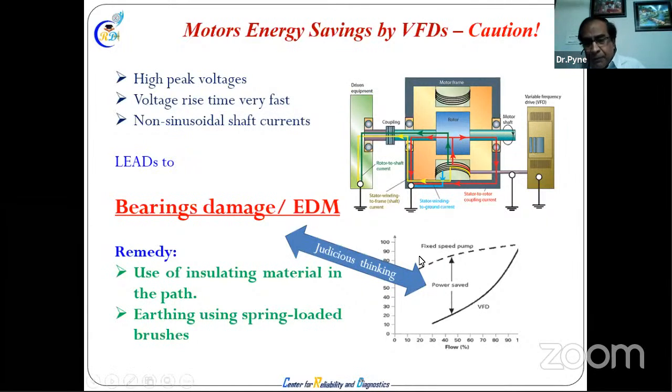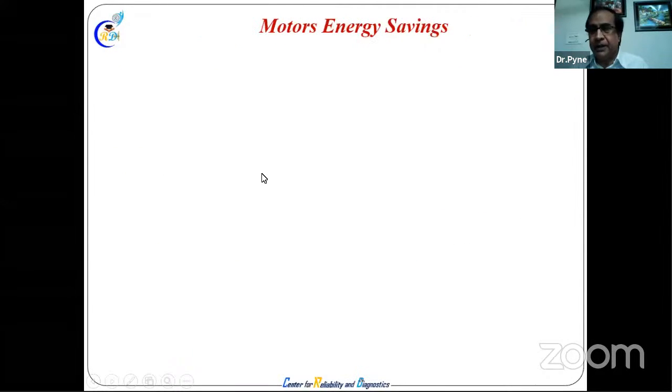See, with a fixed speed pump like this, and VFD this, we save this much, but this much saved should not create a problem for my motor itself. For some HT motors, 1 megawatt, 2 megawatt, plenty in power plants, mainly in steel plants and process plants, with a 1 megawatt machine, because of bearing damage and entire shaft broken, it will be crores of rupees production loss. So while saving energy here by VFD, you may damage the entire machine. We have to be a little bit cautious.